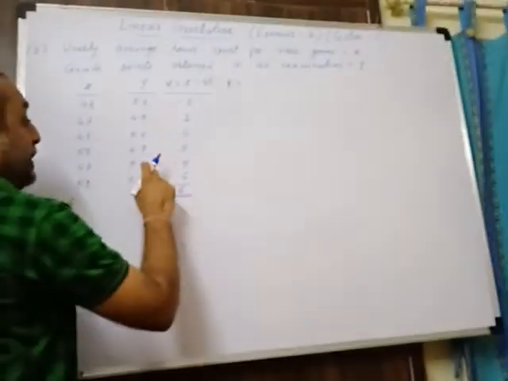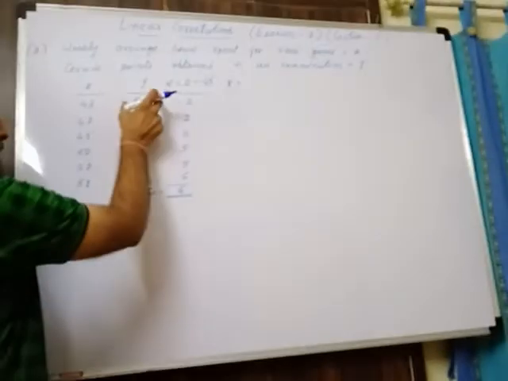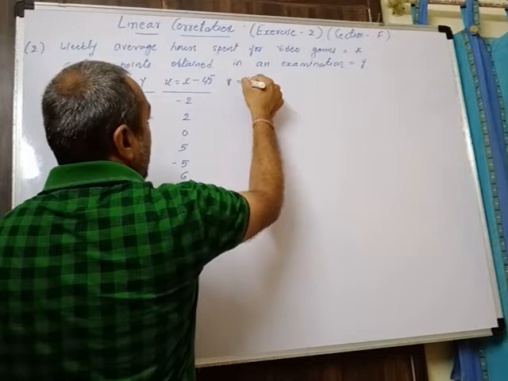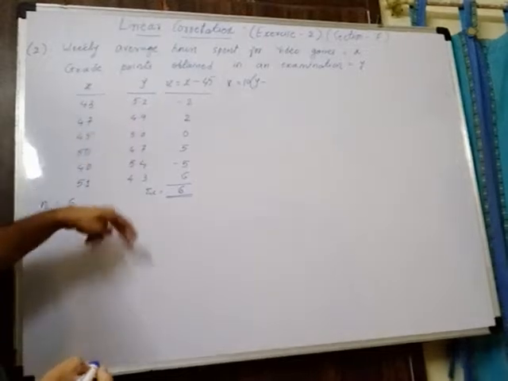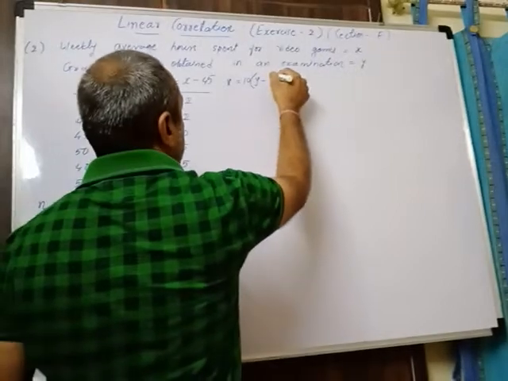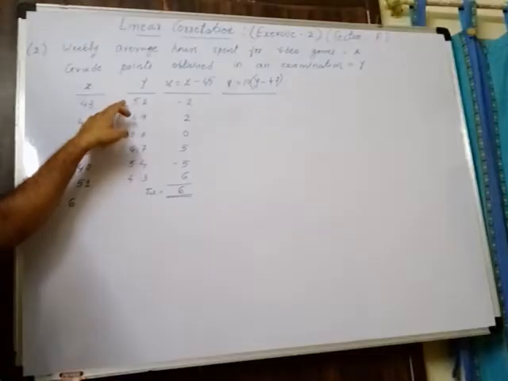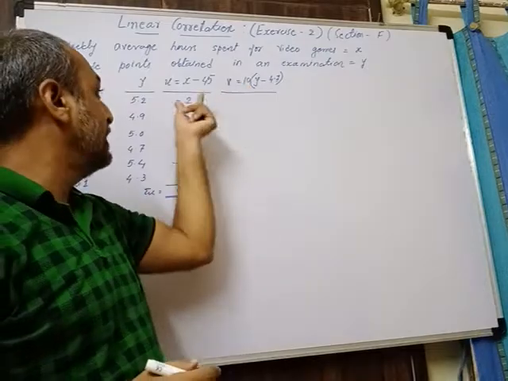In variable y, we have values in decimal points, but after the decimal point there is only one digit. So you can multiply these values by 10 to convert them into whole numbers. So here I am going to write v = 10 into bracket y minus 4.7. You can take any one of these values, or another value if you want. First, from the variable y value deduct 4.7 and then multiply that value by 10, so that you will get this kind of values.